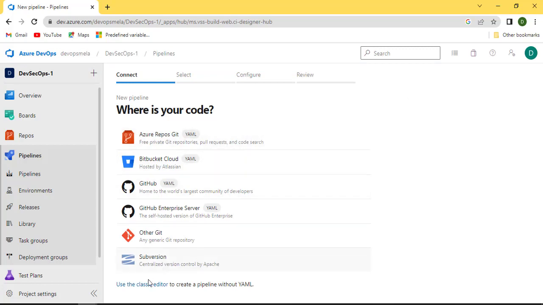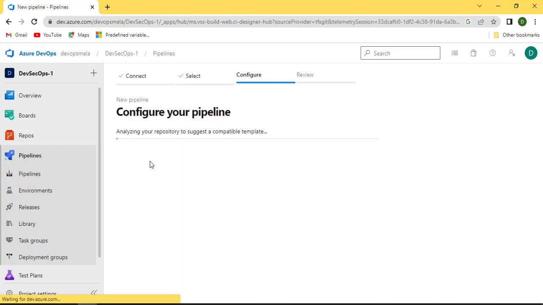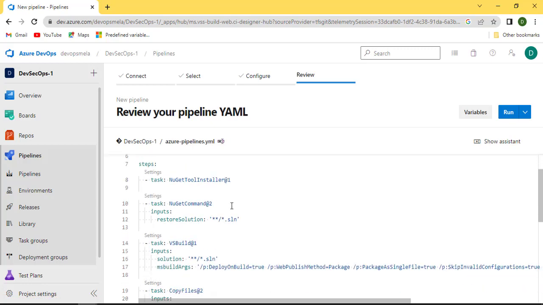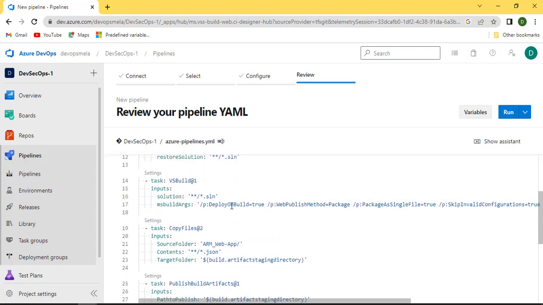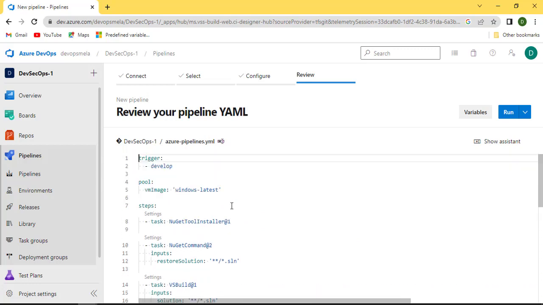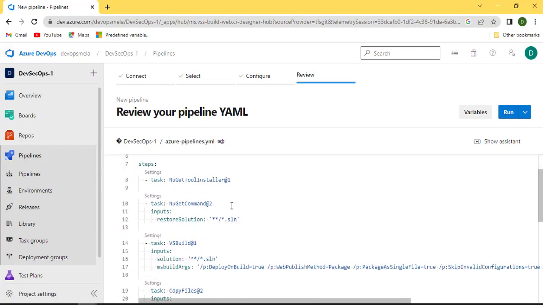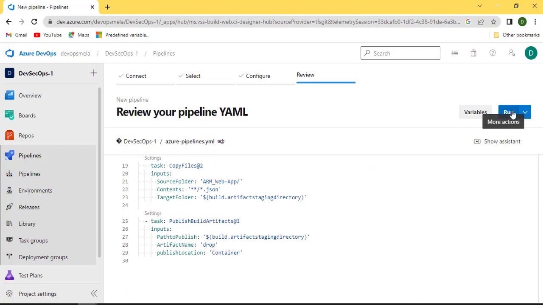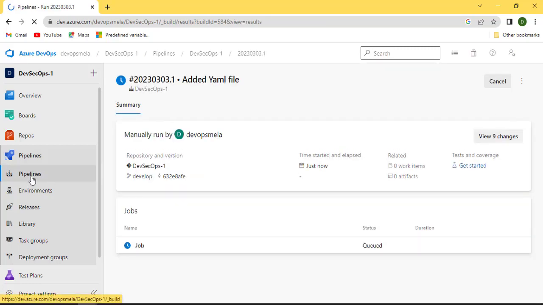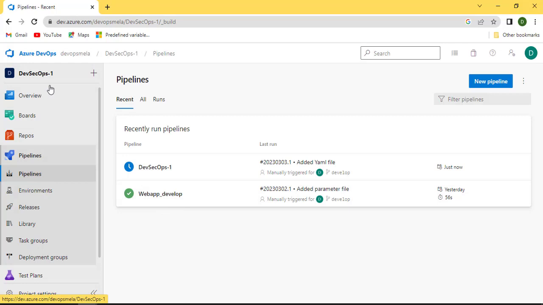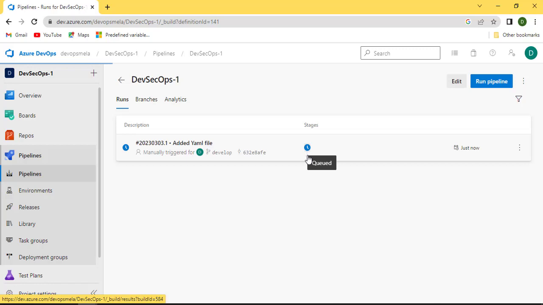This time I will not select the classic editor. This time, where is my YAML file? My YAML file is kept inside my repository. I'll go and select my repository. This is the only repository I have, and if you see, automatically my file is popping up over here. I selected the repository and the file popped up. That is the reason I have written the file beforehand. Now if I run it, I can simply run the pipeline. See, the pipeline started. I have a new pipeline created with the project name. We'll change it later, but for now it started working